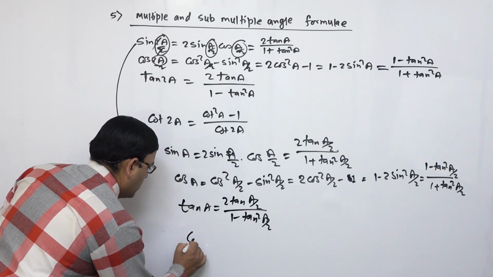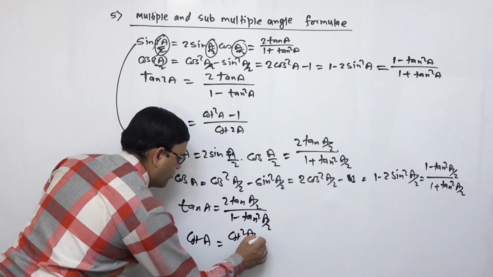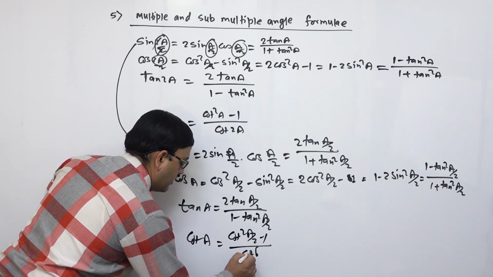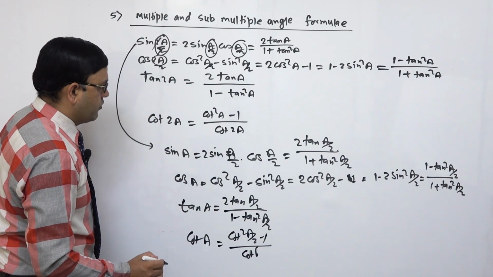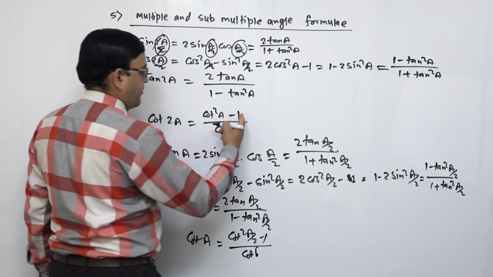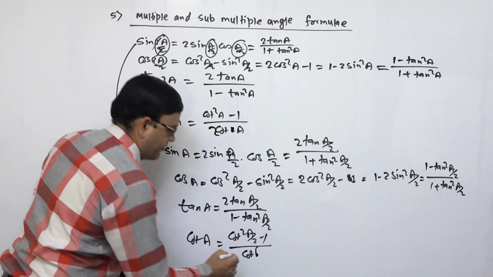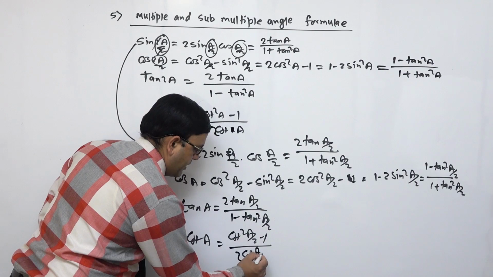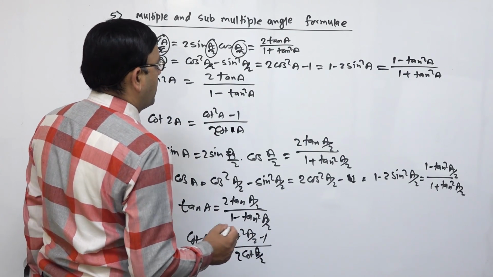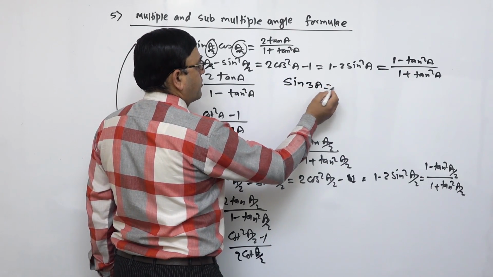Similarly, in cot A, it is cot square A by 2 minus 1 upon 2 cot A by 2. Then we have the multiple angle 3A: suppose sin 3A is equal to